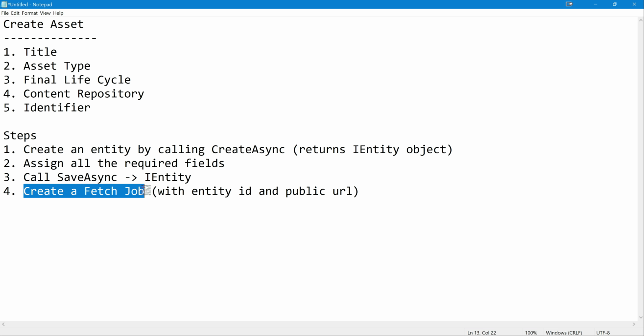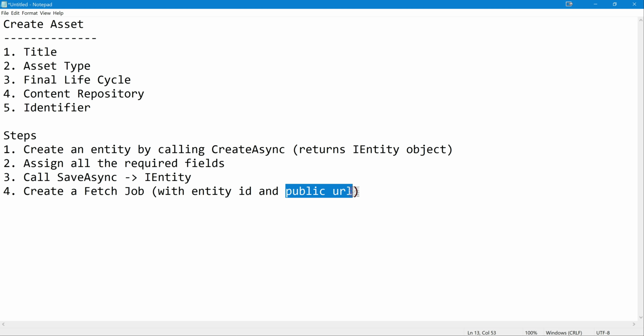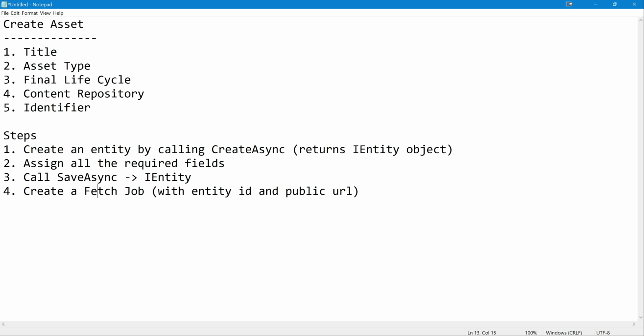It takes an entity ID which is generated from here, as well as the public URL of whatever the file is. In this way we can associate it with that entity ID, and once this fetch job finishes processing the file, it will map to this asset. So these are the bunch of steps.